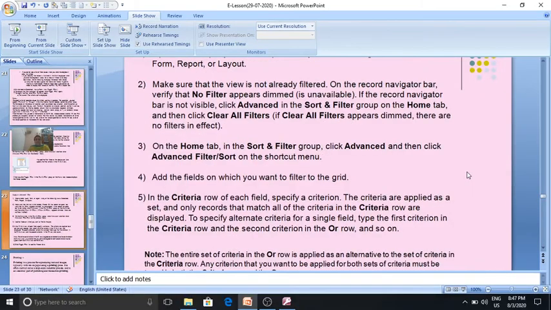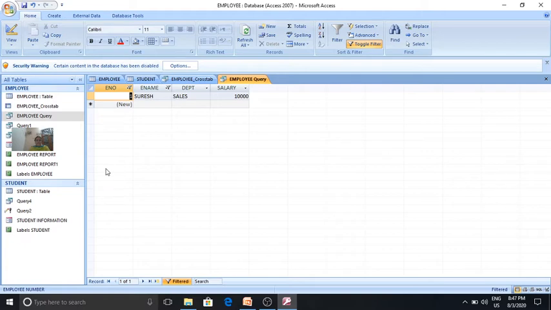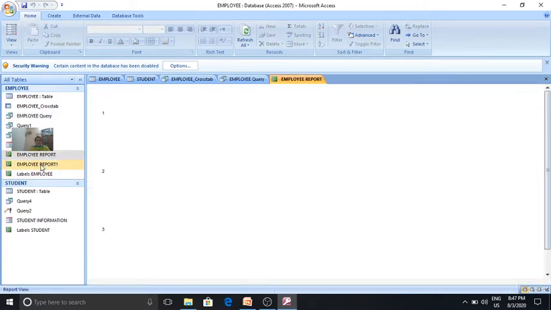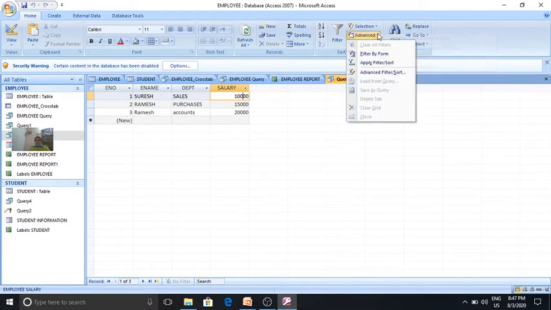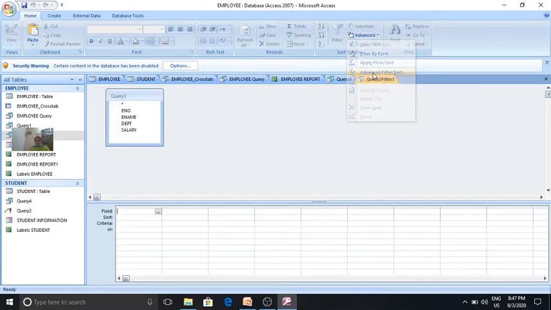Now let me share the application, open the application MS Access and see. Now let me check with the salary, advanced filter. In the advanced filter grid, add the field salary here.